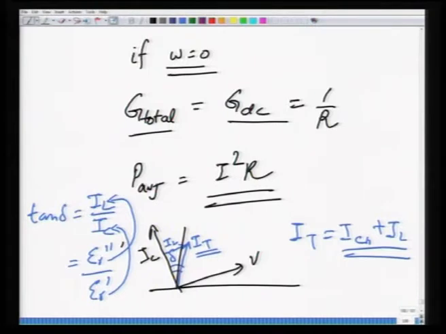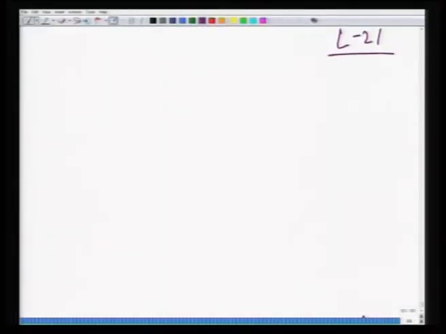So, now what we will do is that this is a new lecture, this is lecture 21. Okay. So, we will start with something else now. We have looked at a variety of different things about dielectrics. We have looked at how they work in DC fields, what different polarization mechanisms are, what the concept of local field is, and how polarization can be explained analytically. So, we got expressions for a variety of polarizabilities, and then we moved on to the AC field dependence.